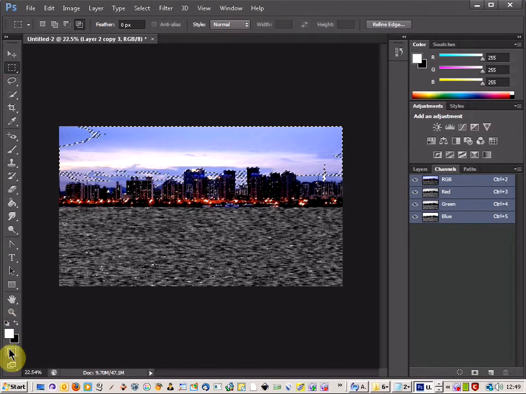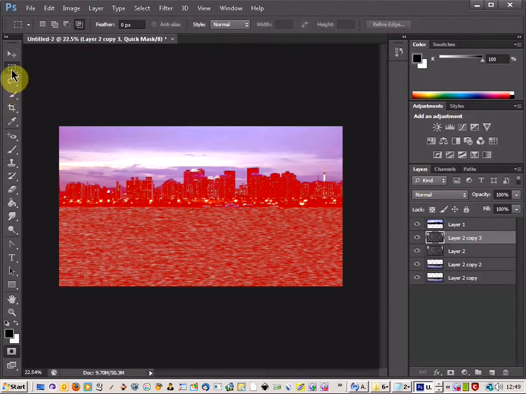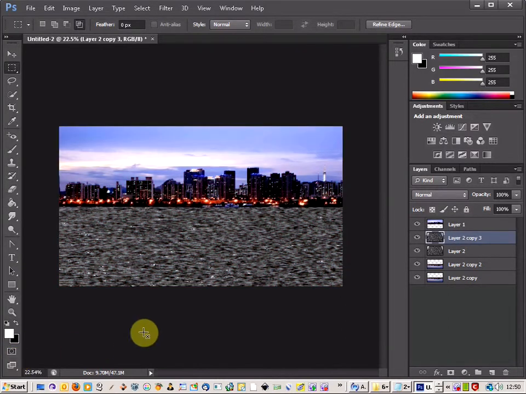and then come over to your quick mask, select that, and then back to our main layers, and we can just use the selection tool here. Just going to click on the top and just select the top section of the picture, and then we're going to fill that with black. We're just going to use a shortcut instead of the paint bucket. We're just going to use Alt and delete, and that colours that in. And then just come off the quick mask, and then we've finished with this layer, so we can just delete that layer,